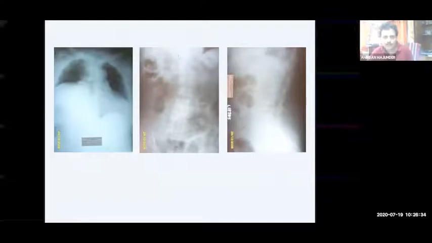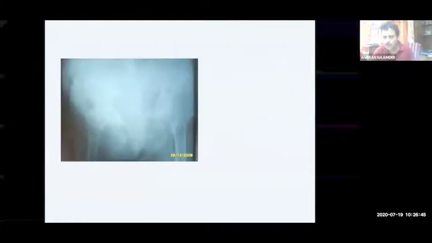So you can see there is a definite deformity at the level of the spine, and this will show that there is a significant osteopenia at the level of the spine. So we looked into the pelvis, and the pelvis X-ray showed that there is again a deformity at the level of the pelvis. It appears that the pelvic bone is soft, and it actually deformed, because it appears to be because